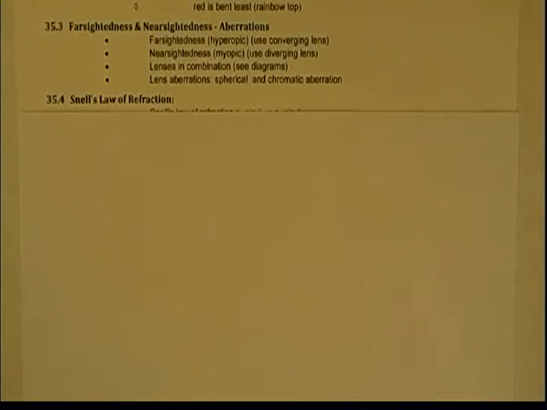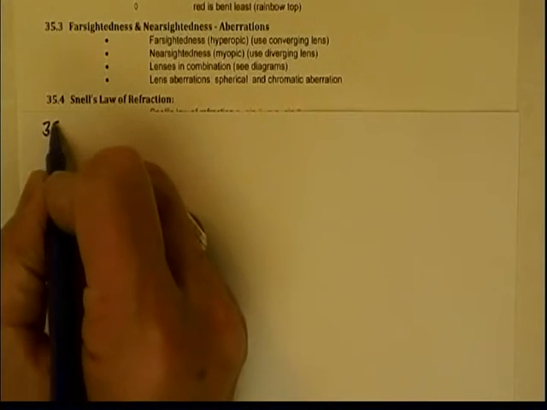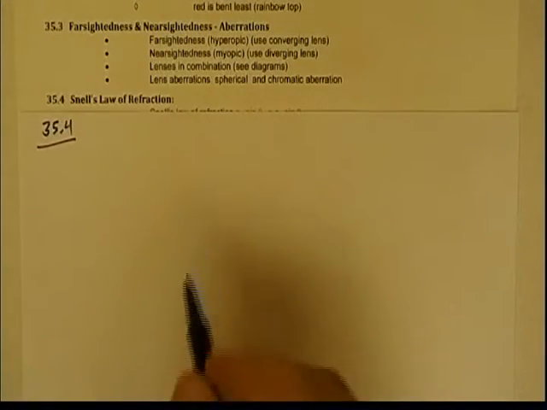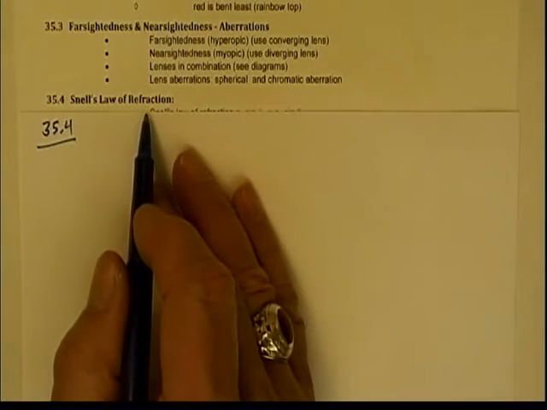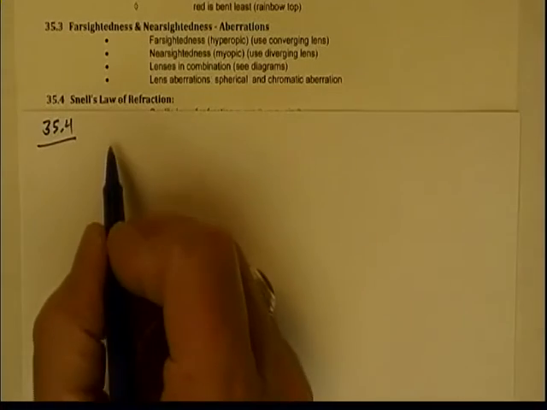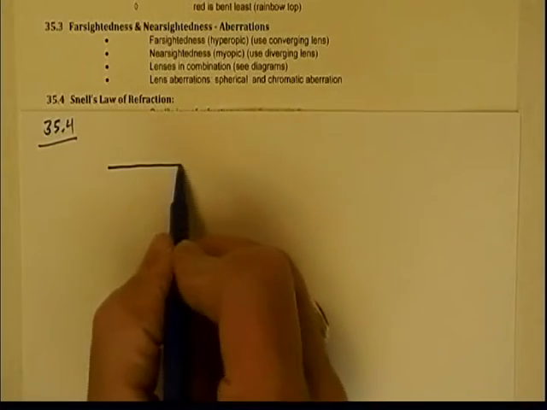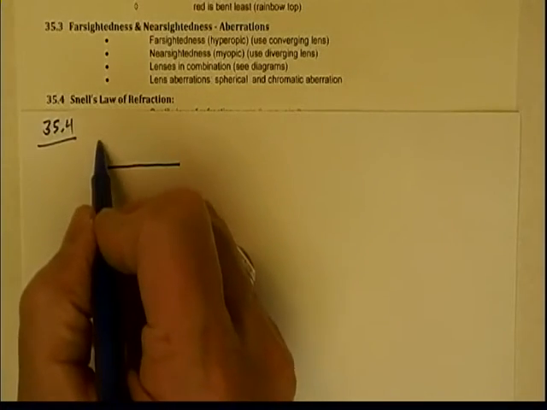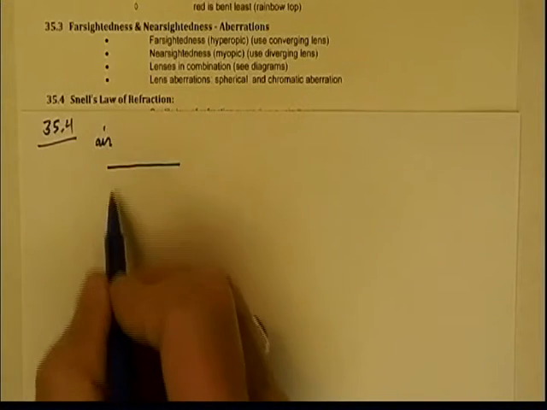This next section is section 35.4, continuing our work on the chapter on reflection of light and refraction of light in lenses, and we're now going to discuss Snell's law of refraction. It turns out that if we have two different types of media, and let's look at air and we'll look